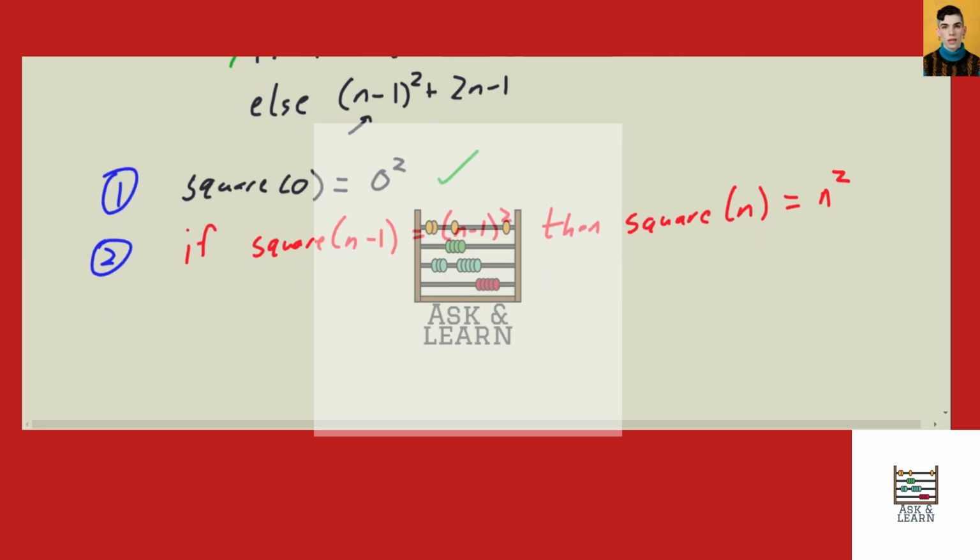So if square of n minus 1 equals n minus 1 squared, then the square of n is n squared. So we want to start here and end here. So we're going to assume the if,